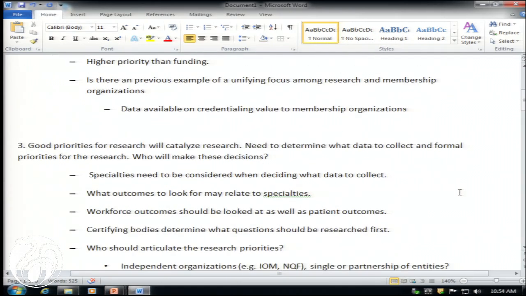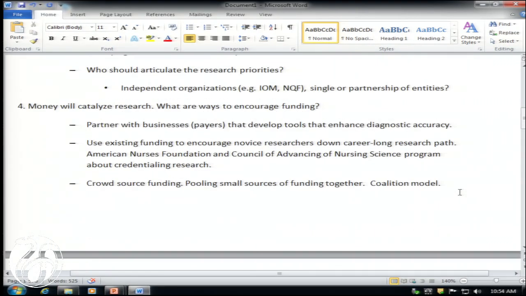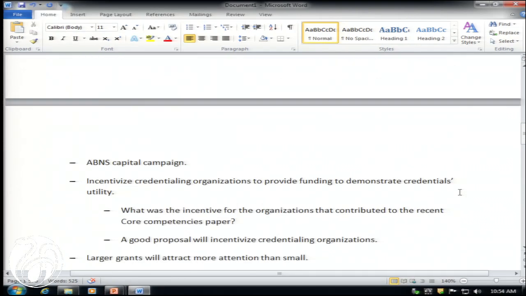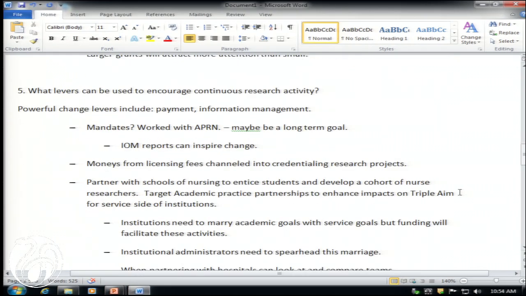Priorities. And anyone sing out as we're going through this. Funding. Information management, is that part of data, or is that a separate strategy? I mean, the information technology is not quite the same as the data, but it's very hard to do anything with data if you don't have the information technology, and the information technology often tends to generate the data. They're pretty much connected, albeit different areas. Yeah.